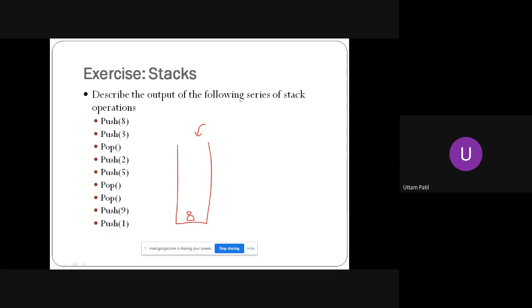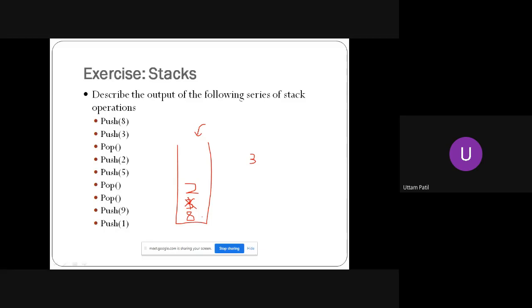Then I say push 3. 3 comes on the stack. Then I say pop. So whatever is there, remove 3. Removal of 3, so 3 comes out. Then I say push 2. 2 comes on the stack.